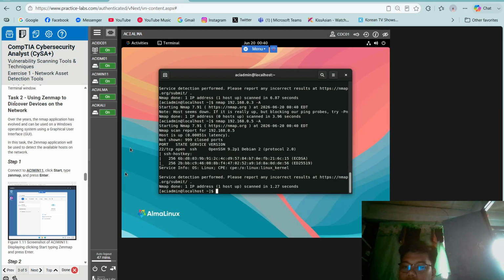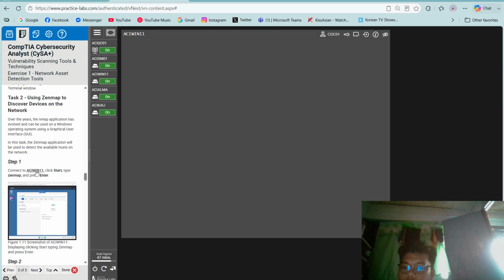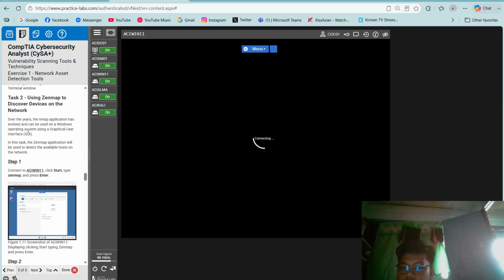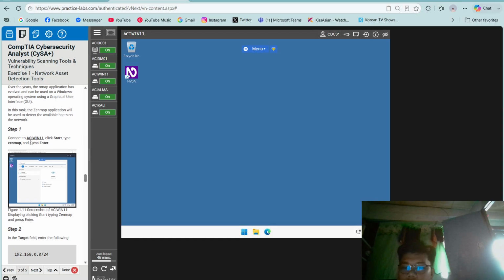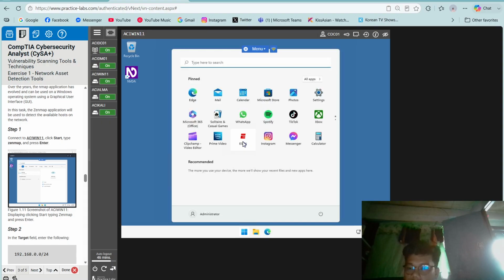So task 2, using Zenmap to discover devices on the network. Over the years, the Nmap application has evolved and can be used on a Windows operating system using a graphical user interface or GUI. In this task, the Zenmap application will be used to detect available hosts on the network. So connect to ACI WN11, click Start, type Zenmap,